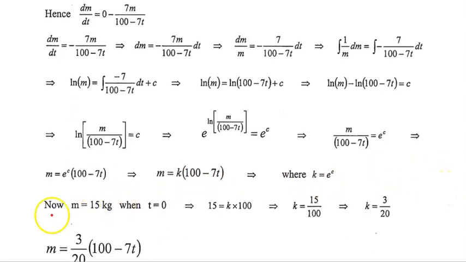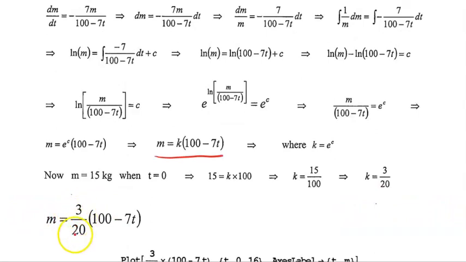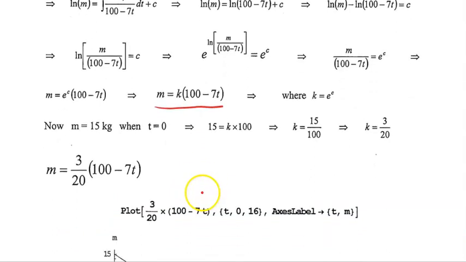All right, now at the start, at t equals 0, we had 15 kilograms. So we put 15 equal to k times (100 minus 7t), substituting in. Well, t equals 0, that bit drops off, and we have 15 is equal to k times 100, or k is 15 on 100, or k is 3 on 20. Or 0.15 is probably easy to deal with, but anyway, m equals 3 on 20 times (100 minus 7t). If we plot this,